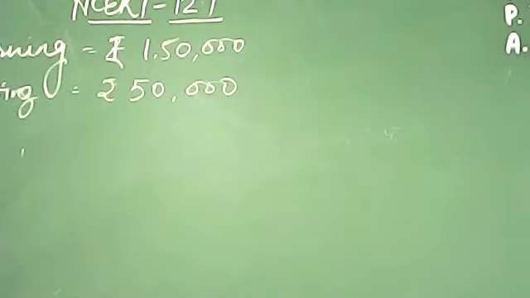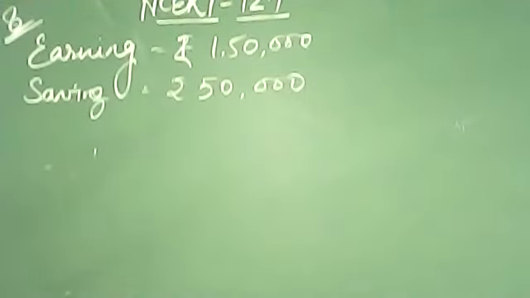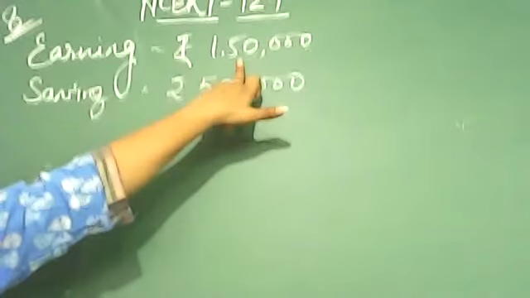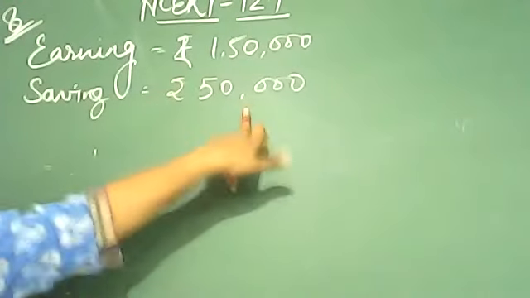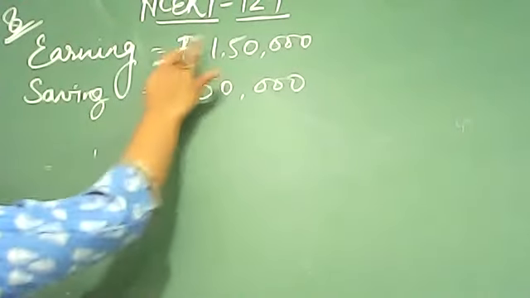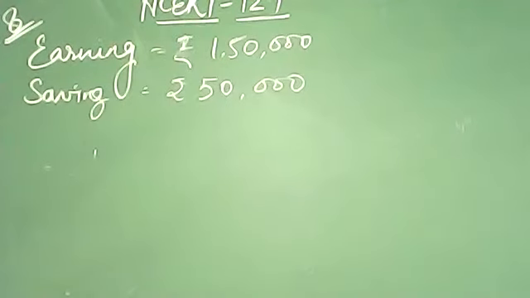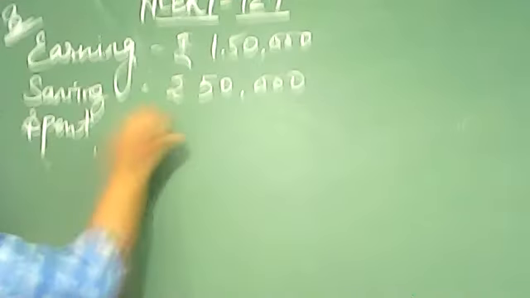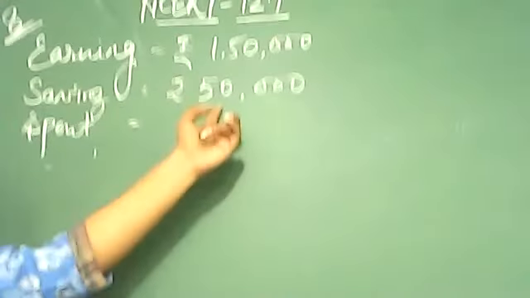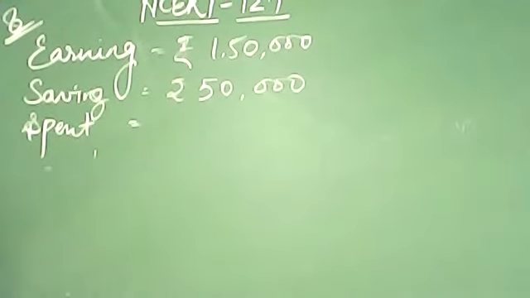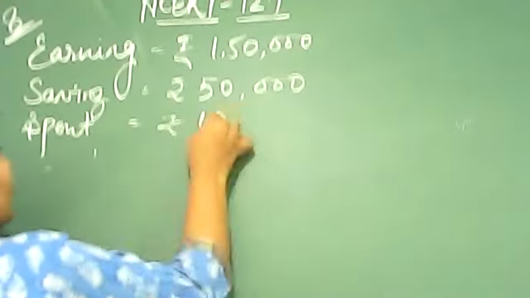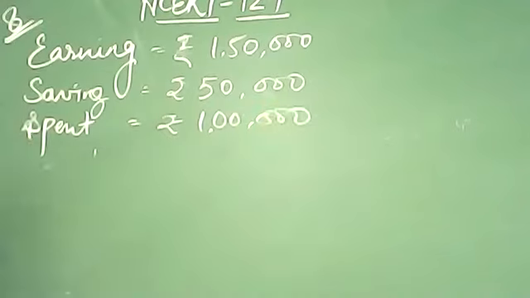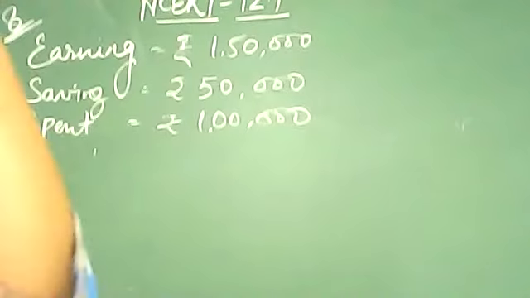Now understand this. See this. Earning is rupees 1,50,000. Saving is rupees 50,000. That means, can you please tell me how much he spent? 1 lakh rupees. Spend मतलब होता है कितना उसने खर्चा कर दिया. तो अगर 50 बच रहा है इसका मतलब 1 लाख उसने खर्च कर दिया. So this is rupees 1 lakh.